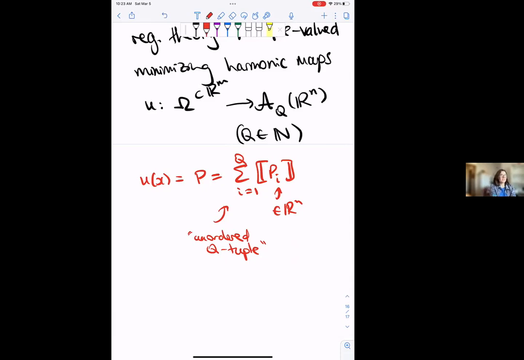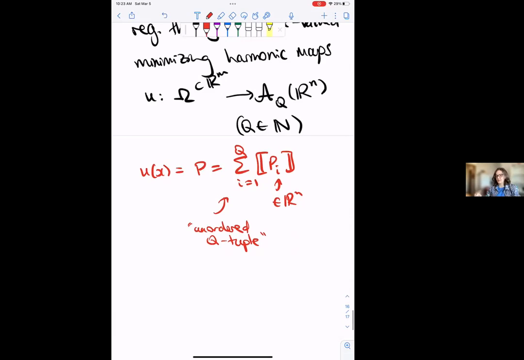It's a very non-linear kind of space, this space of Q-tuples, and it's hard to work with because of this non-linearity. For example, you can't sum up two Q-valued functions because of this non-linear structure, and this creates a lot of problems. Okay, you can embed this space of Q-tuples into some much larger Euclidean space,